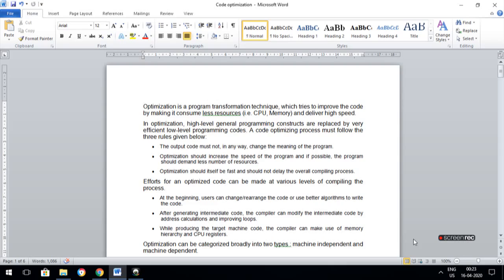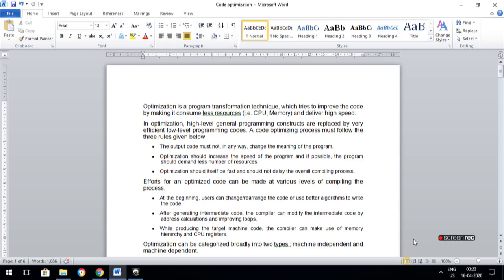I'll give an example: if you initialize a variable i equal to 1 outside the loop or inside the loop, you have to use the appropriate variable declaration. If you keep repeating the variables in the loop, it will occupy more memory space. So that is also one of the code optimization techniques.